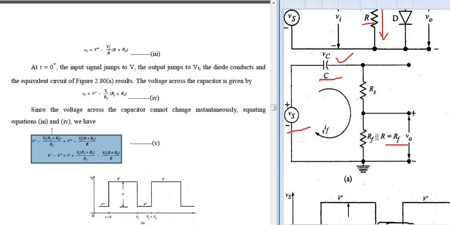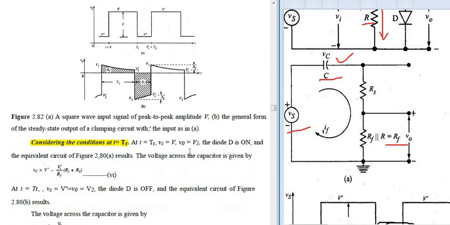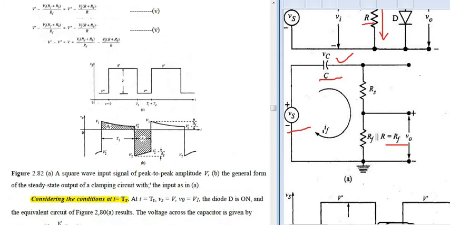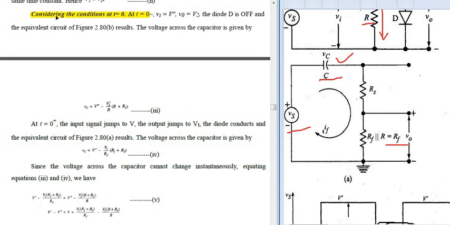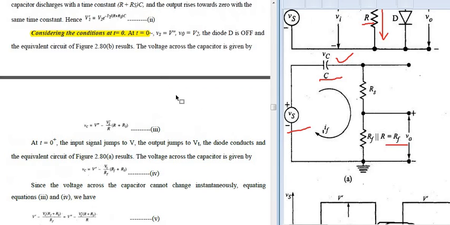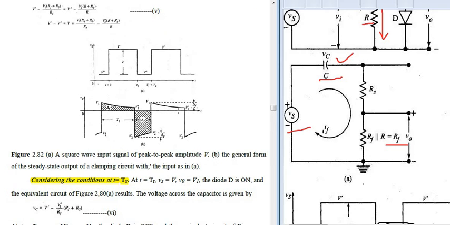We are just simplifying. You have to equate, you have to cancel, and you have to take out the V1 and V2 values from these particular equations, equation 3 as well as equation 4. When you separate the V1 and V2 equations, after subtracting, you will be getting the total voltage, right? So that is the first condition. Now I am considering the condition at t is equal to 0. What is the output that I have got? V dash and V double dash values I have got.